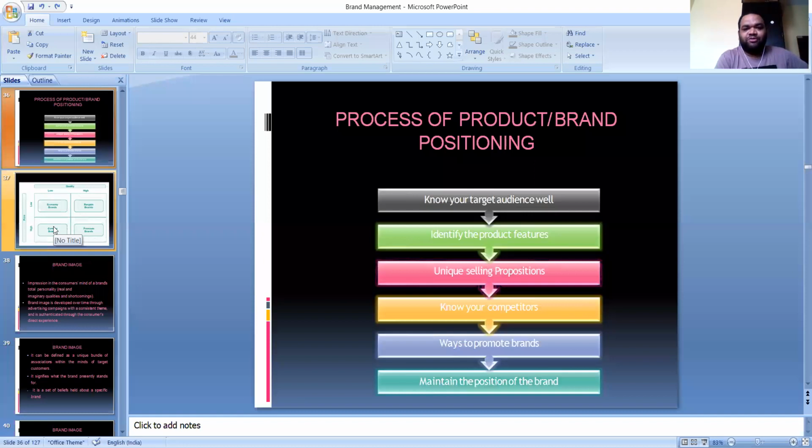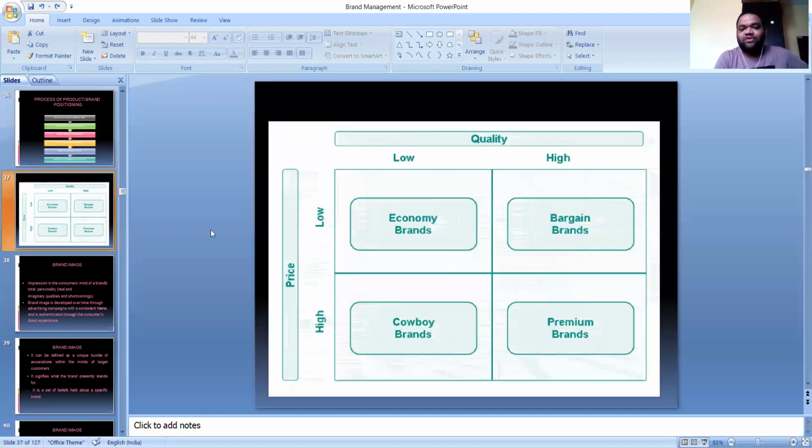So how does this brand positioning work? See here, it is very important. On the x-axis, I have taken quality, and on the y-axis, I have taken price, and price is also high or low. Quality is low or high. So how will people think about your brands, that is, how will the positioning be here? For example, if your price is low and quality is low,